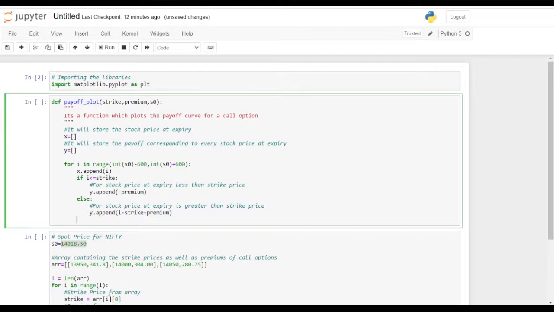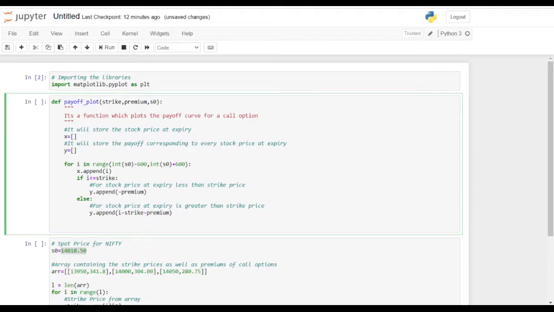Now we have done all the calculations, but we don't want only calculations, right? Because anybody else could do that. If you are getting the stock price and you know the strike price and the premium, you could easily calculate it by yourself. But what you want is something as an output which is more readable and more understandable. So you want a graph out of it. So we'll start making that. Now we'll start using matplotlib for plotting it.